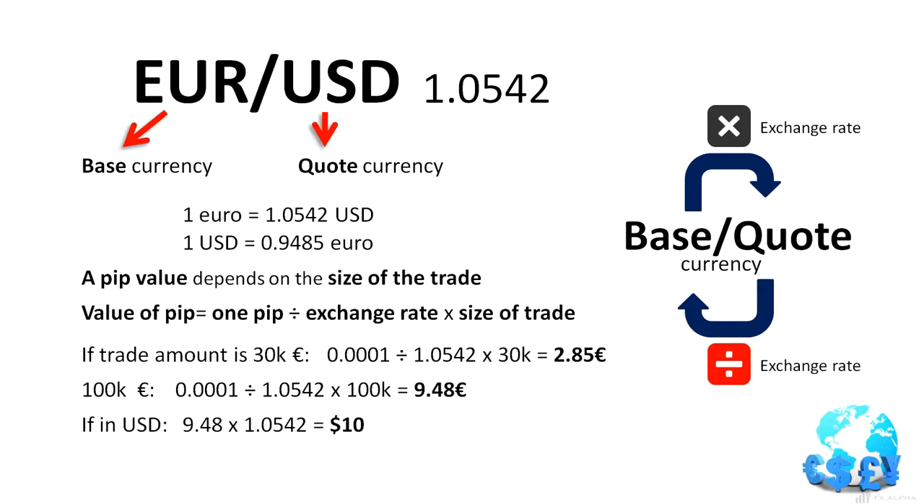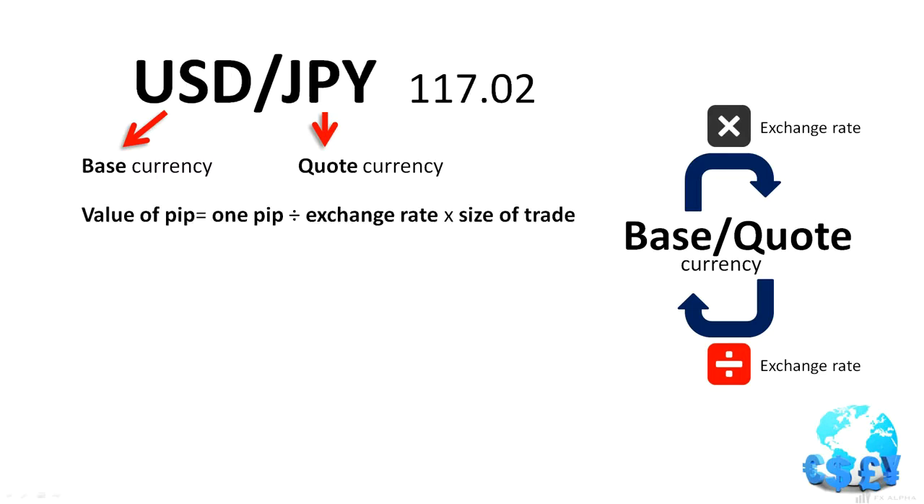For easier memorization, if the account is denominated in US dollar, and US dollar is on the right side of the exchange rate, for every 10,000 size of trade, 1 PIP is equal to 1 US dollar. Now let's take a look at another example, the dollar-yen. The exchange rate is 117.02. How much is a PIP if we are trading